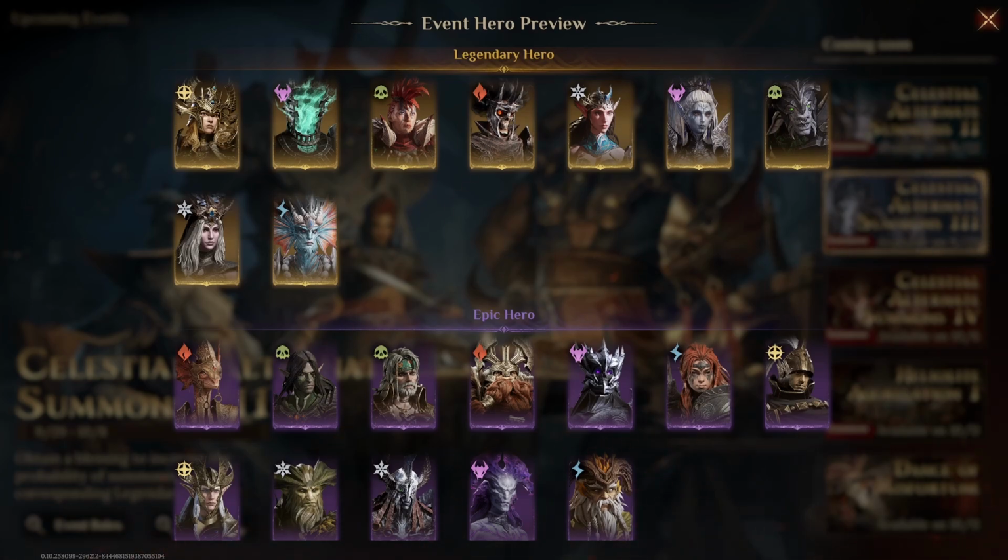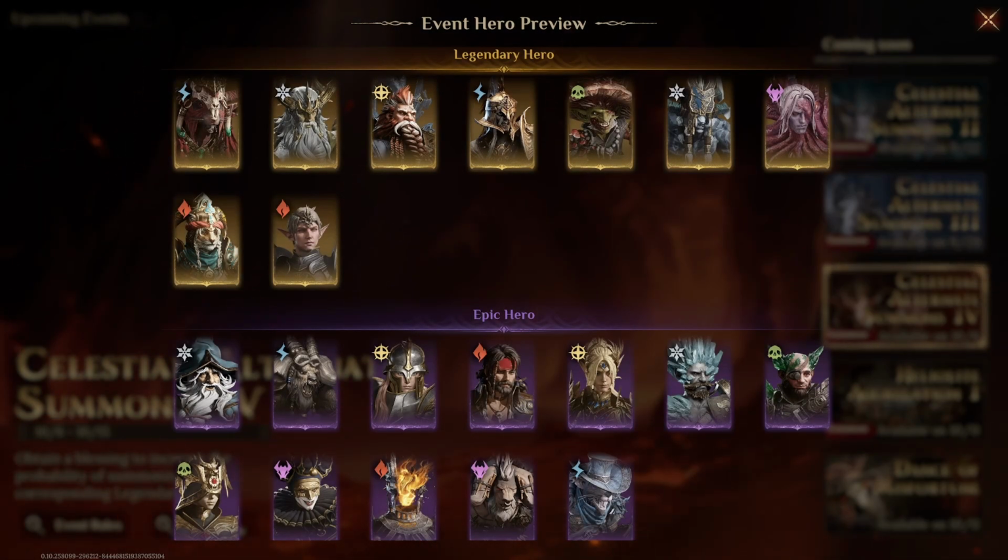Losenia. Losenia is the best enabler for the Frost team. However, Rava is not that far away, so I wouldn't really spend too much dice on this banner unless you really want Asila. Celestial Alternate Banner 4 has